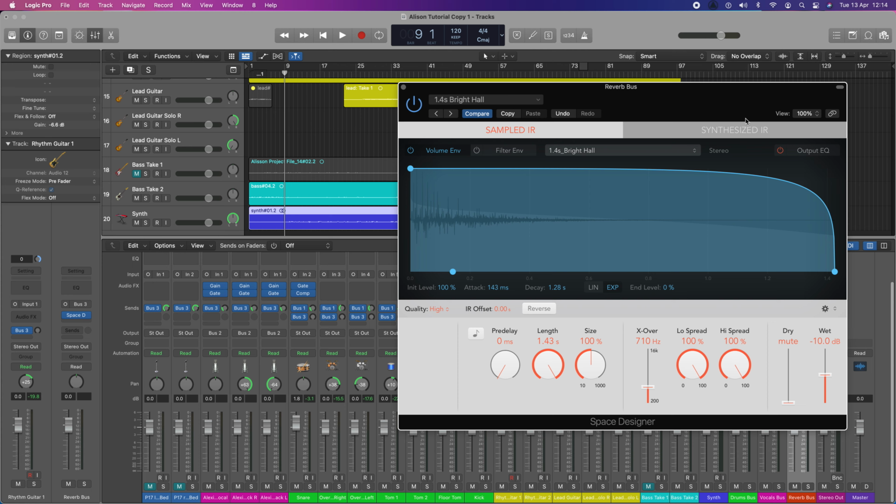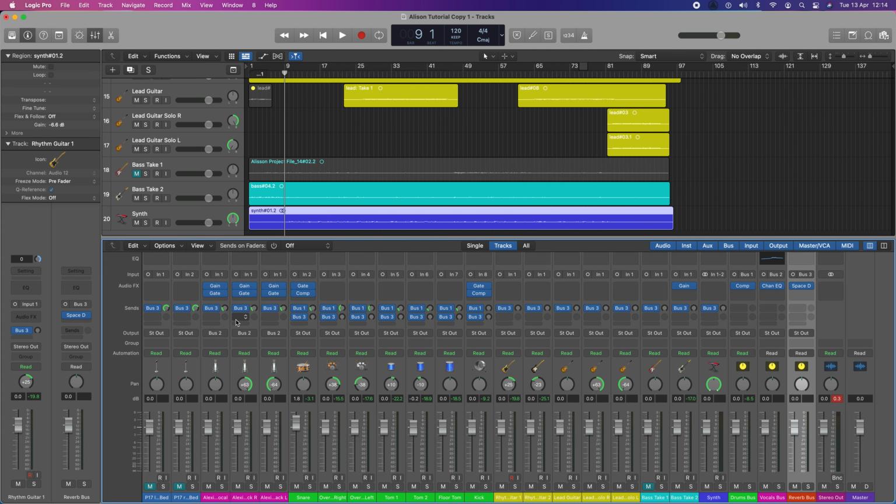Be careful not to alter the different buses. Get rid of this temporarily. There we go. So now, hopefully,